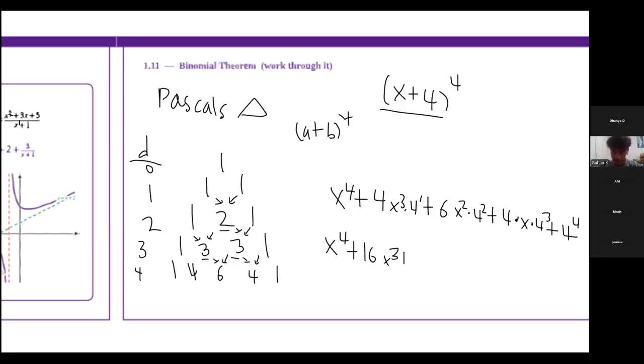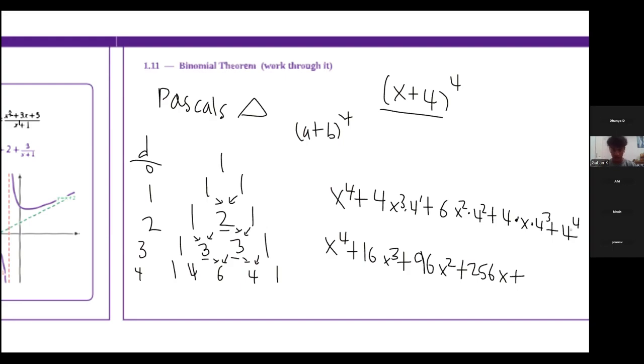Plus, and then we have 6 times 4 squared. So that's 6 times 16, which is 96. So 96x squared. And then 4 times 4 cubed, which is 64 times 4, which is 256. So 256x. And that's because 4 cubed is going to be 4 times 4, which is 16. Again, times 4 again, so 64. And then we multiply by that 4, so 256, 256x. And then plus 4 to the power of 4, which is again 4 times 4 times 4 times 4, which